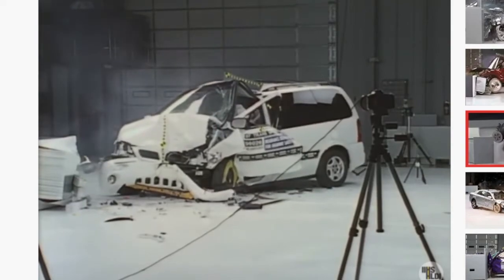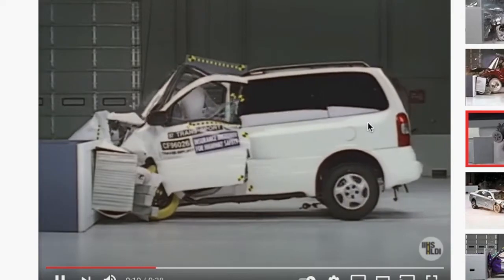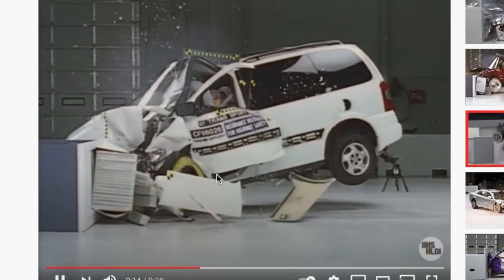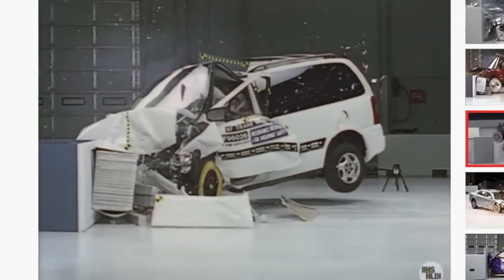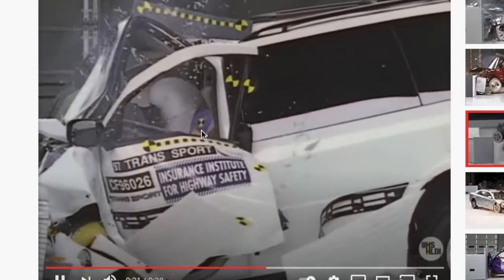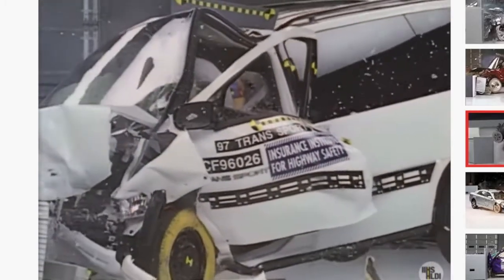And notice again, they had crumple zones, they have a safety cage, but the safety cage collapses. So notice the passenger is not kept safe because all that energy from the force gets spread into the occupant compartment here. And that's the same speed as a Toyota.